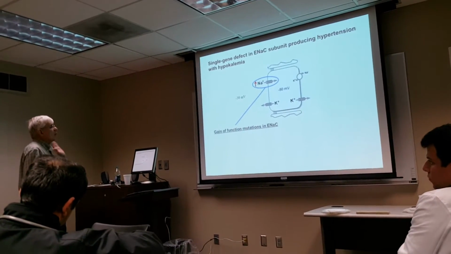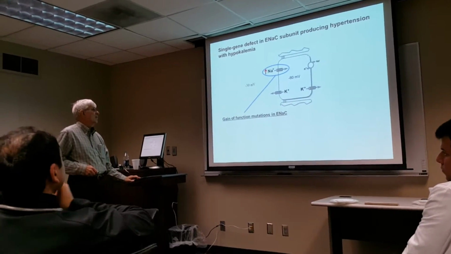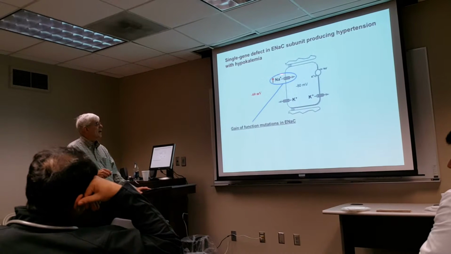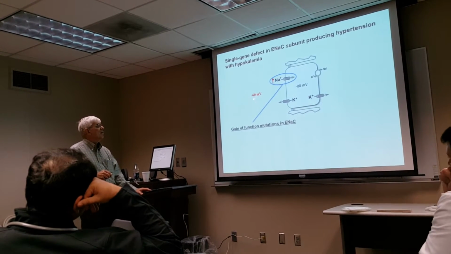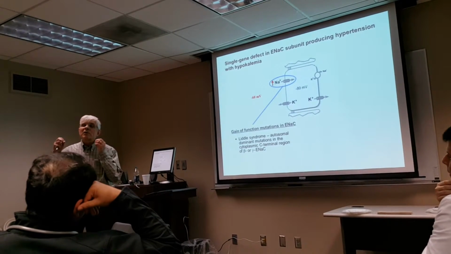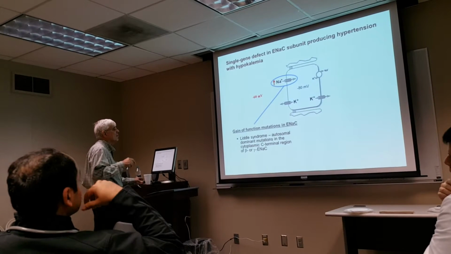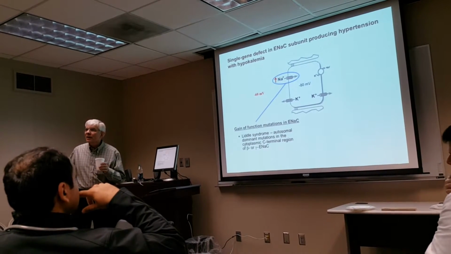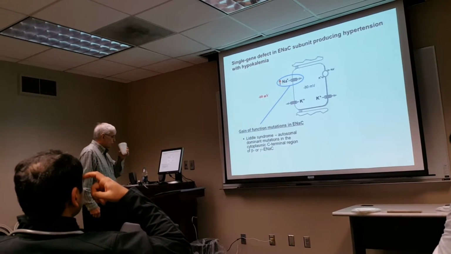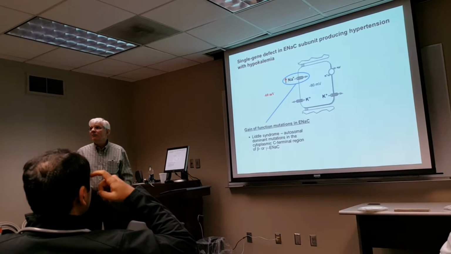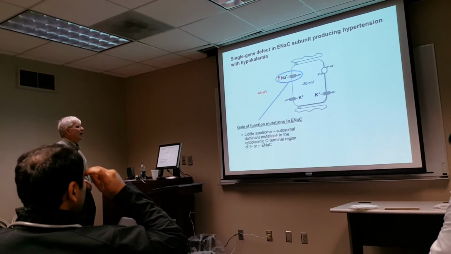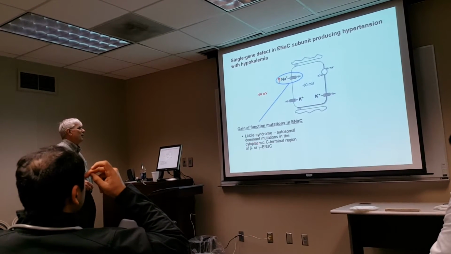Okay, if there were a gain of function mutation in the epithelial sodium channel, that would hyperpolarize more channels in the membrane, would hyperpolarize the luminal voltage, and cause more potassium secretion. And it turns out there's a particularly pertinent genetic defect here that illustrates this. The little kindred in Alabama been studied extensively by Rick Lifton and Dave Warnock, but it involves an autosomal dominant mutation in the cytoplasmic C-terminal